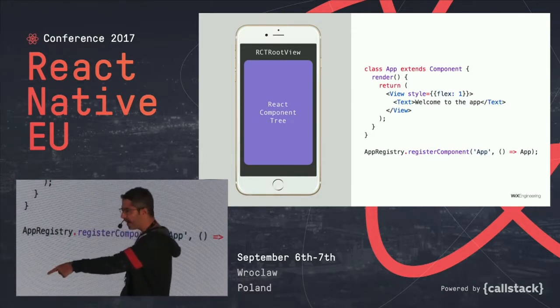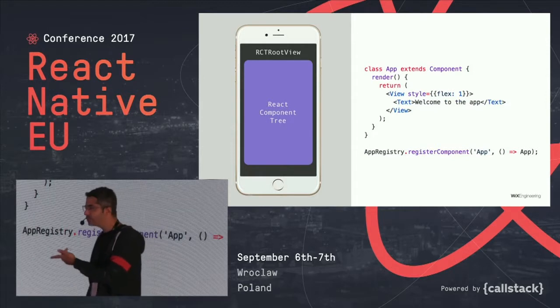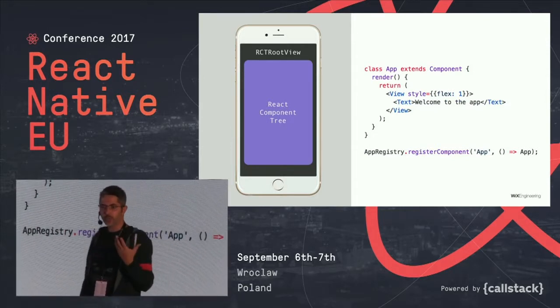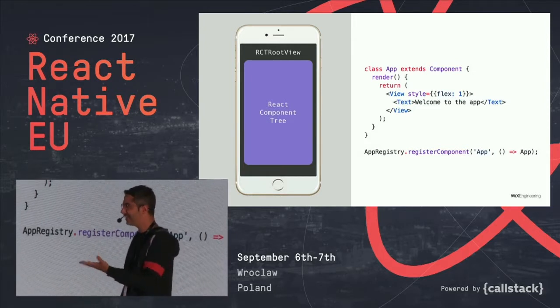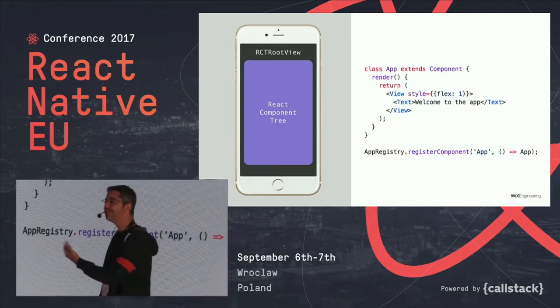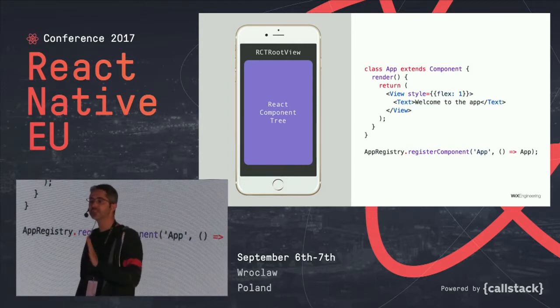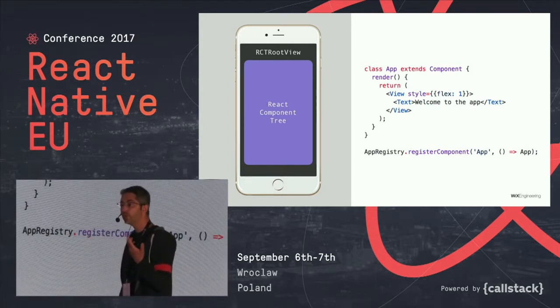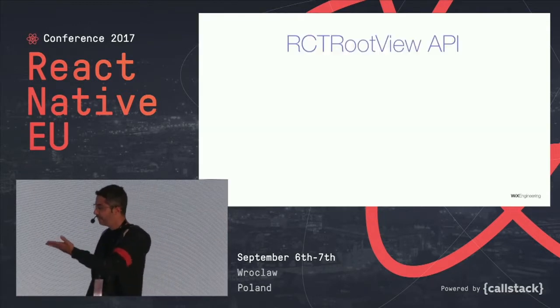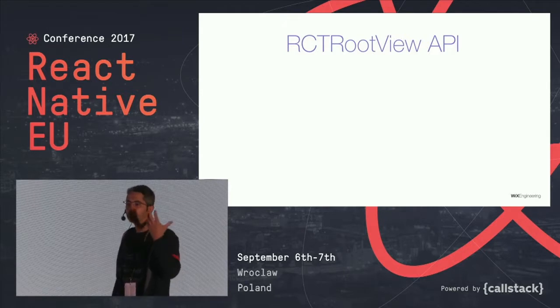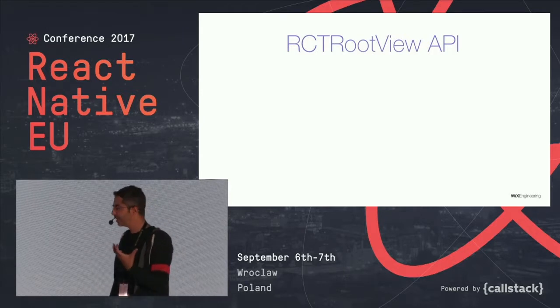And there is always a line, if you recall, called AppRegistry.registerComponent. And you just write it without really thinking about it. So if you don't know what it does, I'll tell you now. You basically give this root component that you want in your hierarchy a string name, and you just register it somewhere. Okay, where are we going to use it? In a second. So RCT root view is the native view where React starts rendering. The whole app runs from this view.